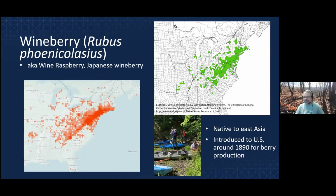So with that, we're going to dip into some other species. Up next we have wineberry, which, if you're familiar with this one, is more of an issue, generally speaking, on the East Coast and Appalachia. If you look at these distribution maps, you can see that. But there are